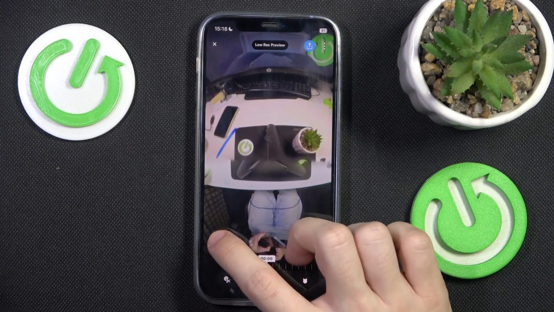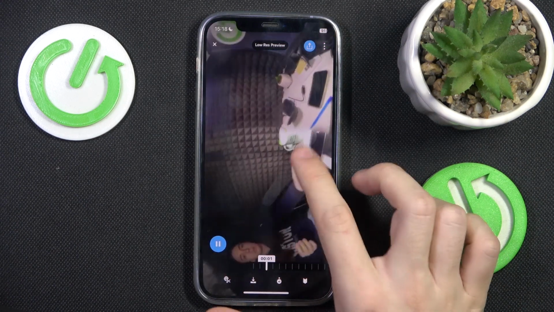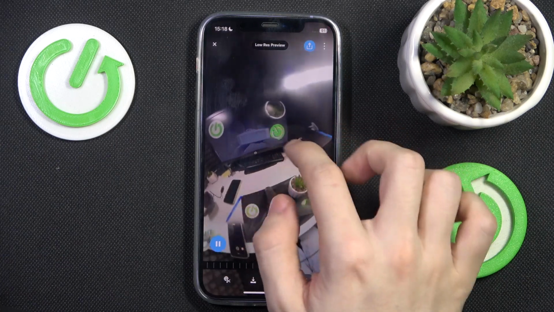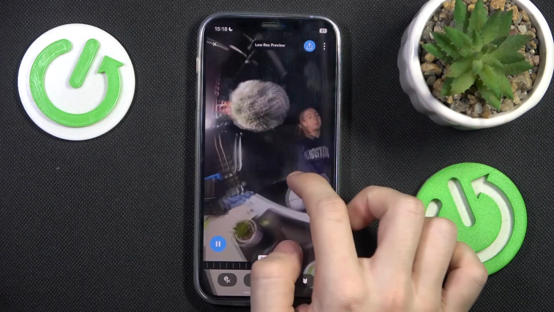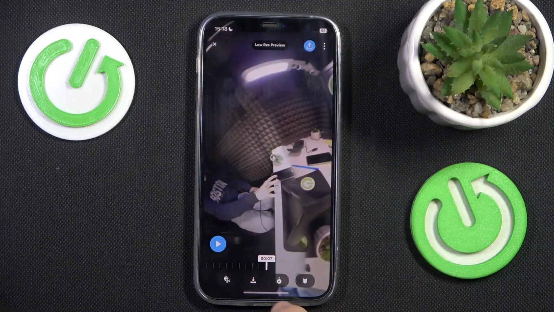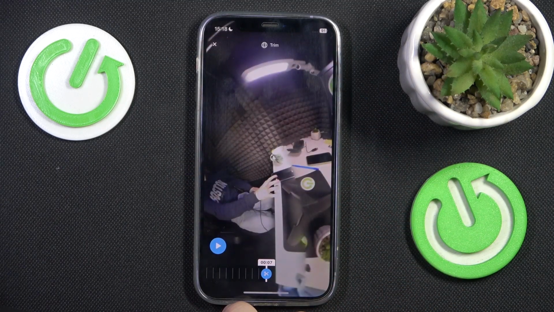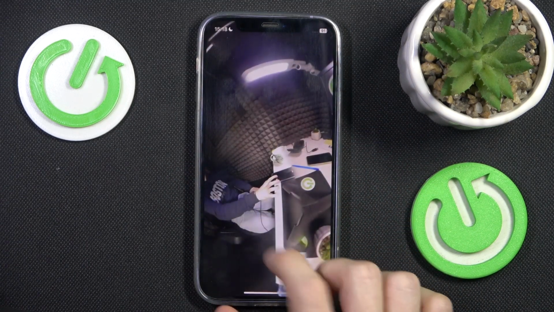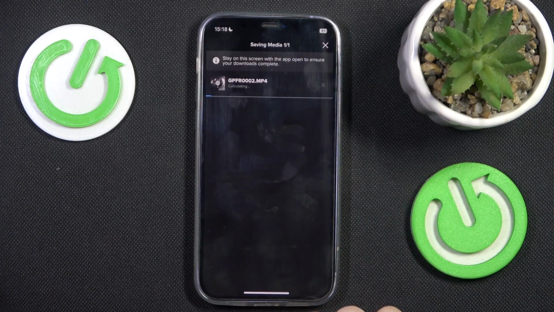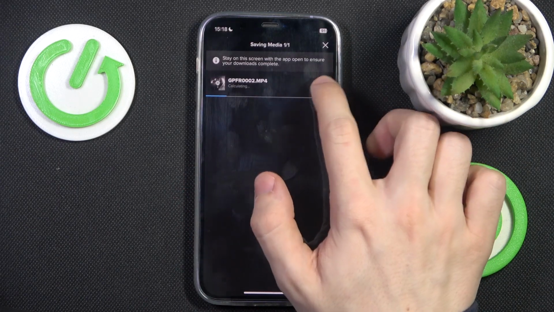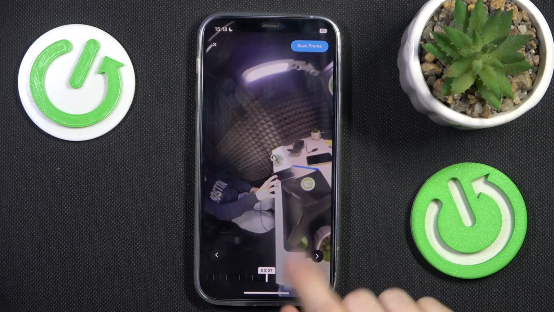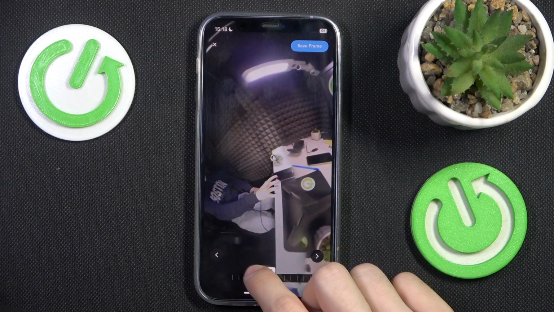Then you can play it, and as you can see, the video starts playing. You can view it, and you can also manage it, so you can click here to trim it. You can also click here to download it to your device. I'm gonna cancel that. You can also click here to save a certain frame,